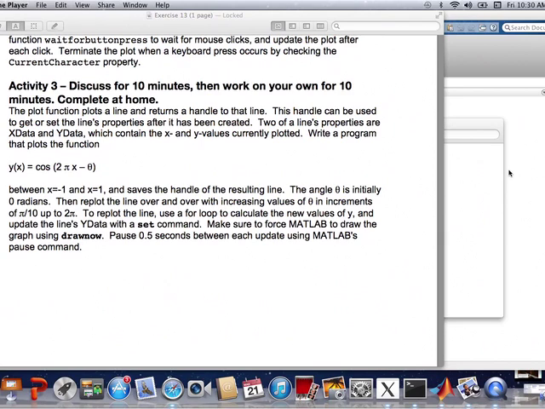In the first one, we have theta equal to 0, and we are just going to plot y equal to cosine of 2 pi x. However, different from what you have done before, we are going to store the handle of that plot so that we can manipulate that later. The second segment of this program contains a for loop where theta is going to change with each pass through